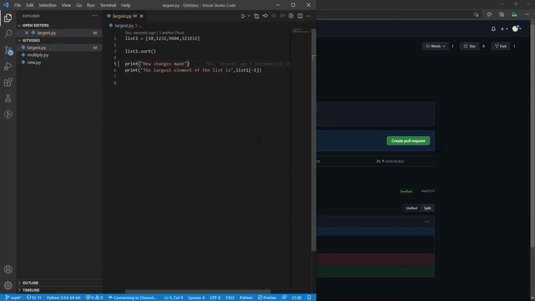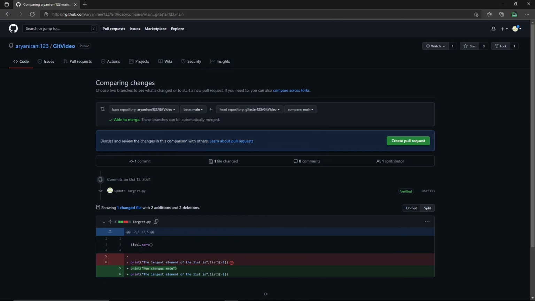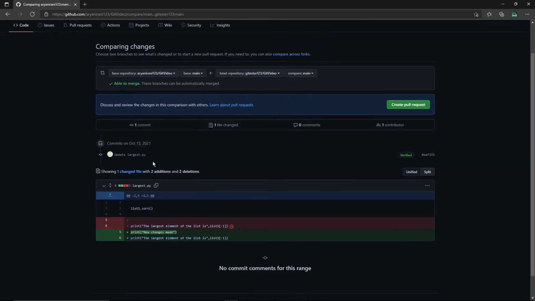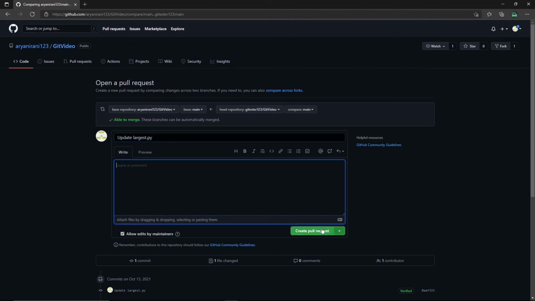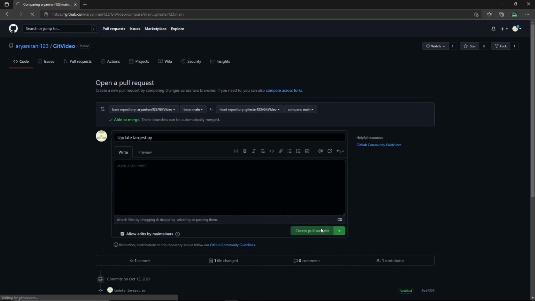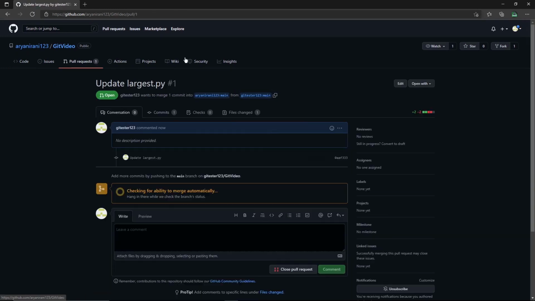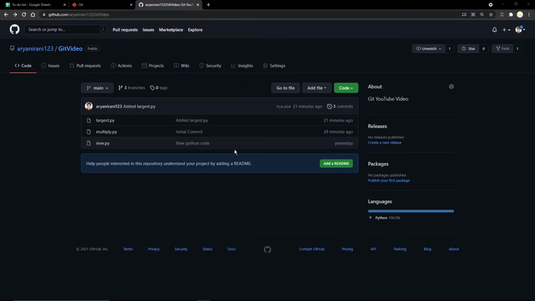And now you can once again verify here that the new changes made are exactly the same. So after you're done, you can just review it and click on create pull request. Here you can either put a message and leave extra comments, but I'm just going to click create pull request. And in a few seconds, the pull request will get added. Now if I go to my main branch, that's the main GitHub here, you can see the pull request here. There is one pull request that has been sent here.